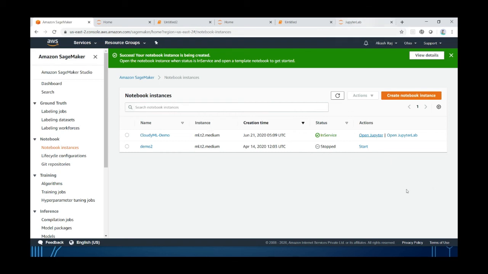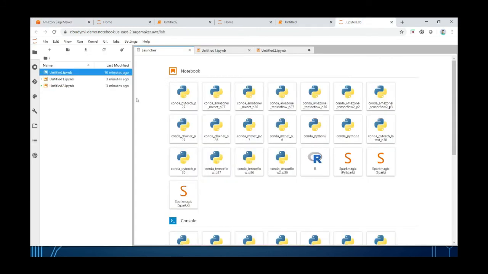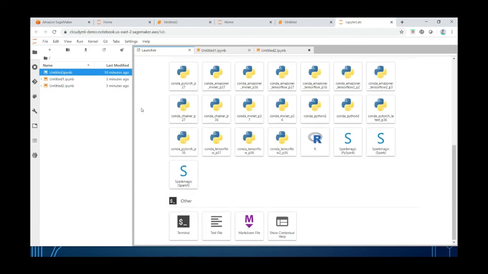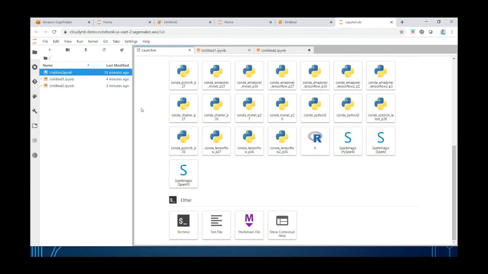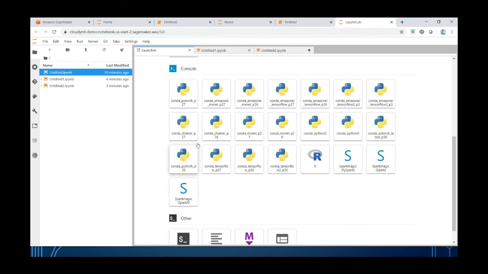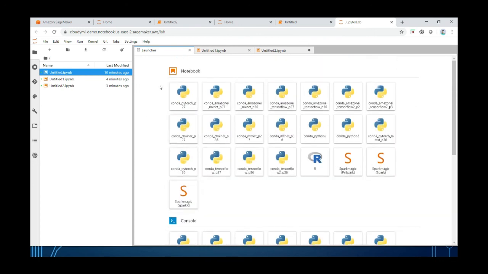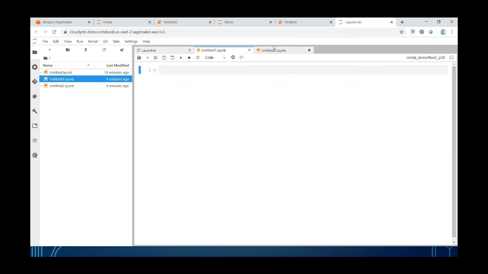In Jupyter Lab we have something like this. We will have a launcher tab from where we can open different things like terminal and some Conda environment and run our notebooks. The one best feature which I like about it is that we don't have to open our notebooks in new tabs in the browser. It will open inside the single tab as sub tabs of this particular Jupyter Lab.